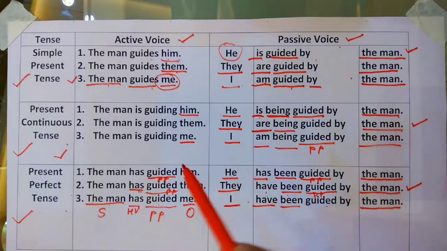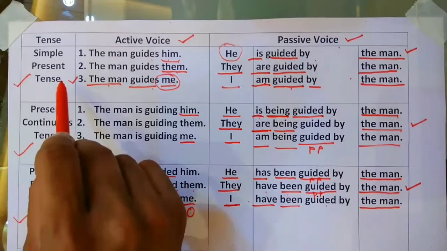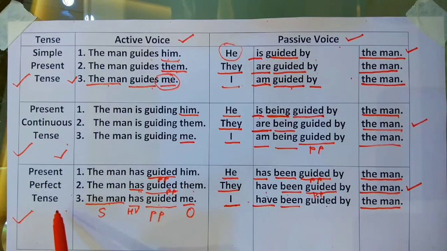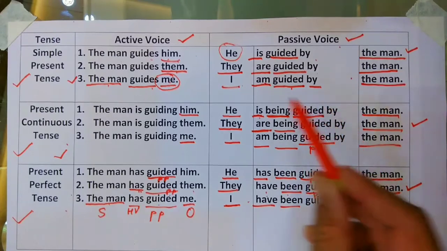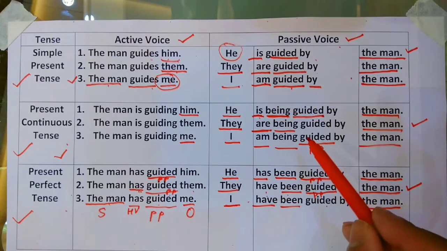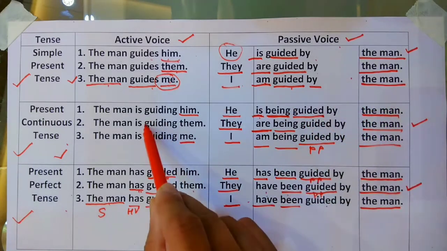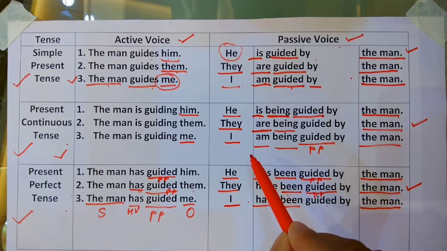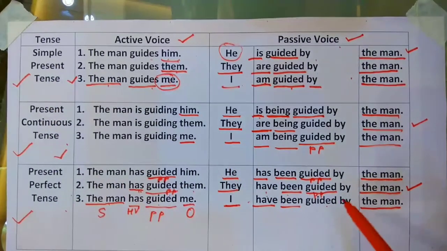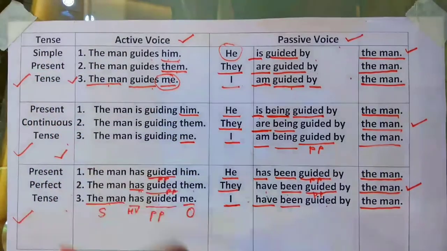So students, when we convert the sentences from simple present tense, present continuous tense and present perfect tense, we need to take into account all these changes we have to make while converting the active voice into passive voice. So students, today we have discussed these three subtypes of the present tense. In the next session, I will continue with the past tense and future tense. So I hope you must have understood these three subtypes of the present tense.